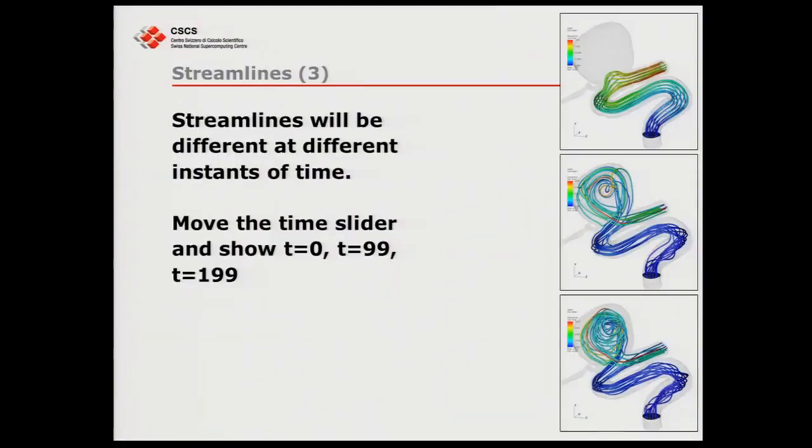This is what you should have on your screen when you have a bundle of streamlines generated. At time 0, we have this. At time 99, we have this. Time 199, this particular object. Remember, the streamlines are lines that are tangent to the instantaneous velocity field. Now, the true behavior of this is a transient evolution of the flow, so we should be calculating pathlines instead. And it's not much more difficult,